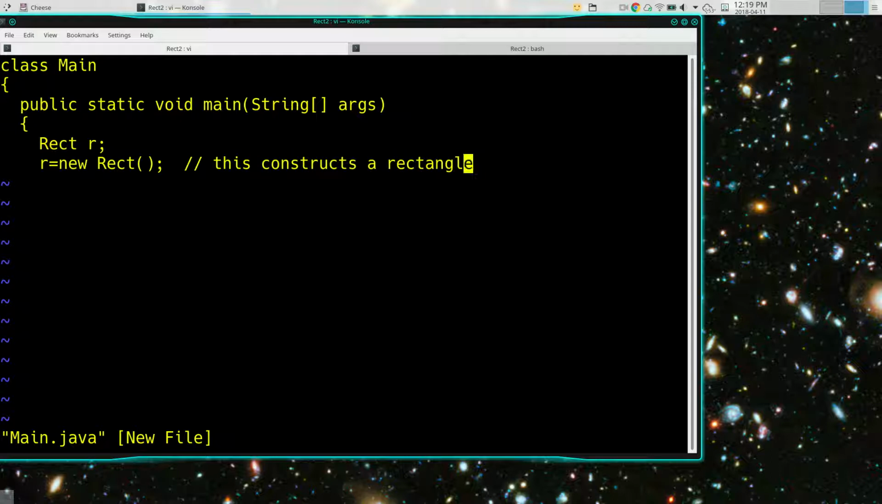Okay, so this actually constructs a rectangle. And we could do it like this, or we could do it on one line if we wanted. Just like integer I, semicolon, I equals 0, or integer I equals 0. Same thing. Would you do capital R? I think